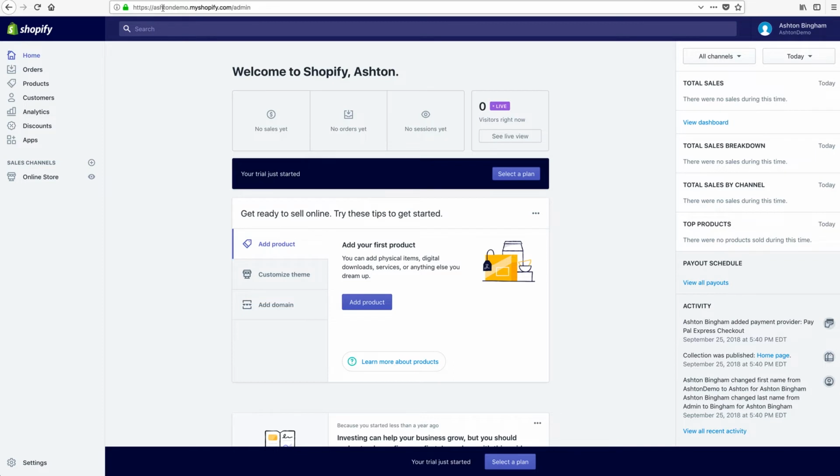So if we go up to our URL, and it's not the whole URL needed, it's only the part after the two slashes, all the way through the .com. And you should recognize your store name in here that you entered upon setup. So we'll copy this,